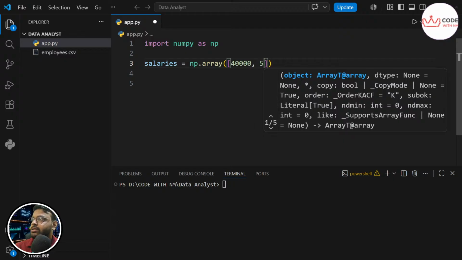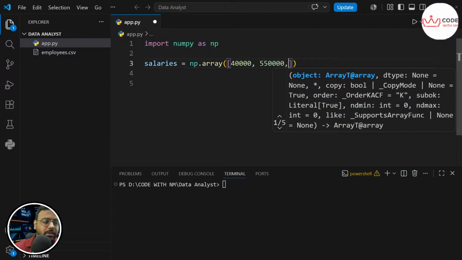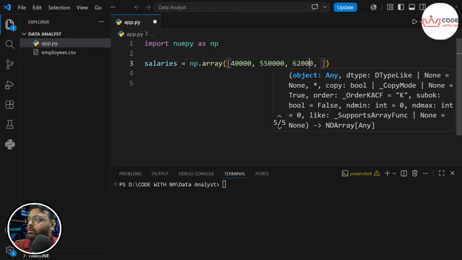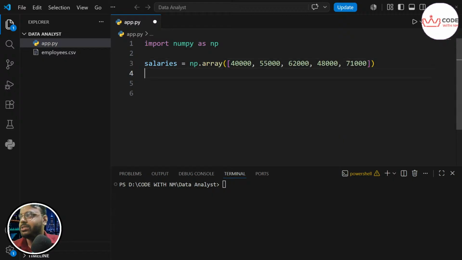Someone's salary is 55,000. Someone's salary is 62,000. Sorry, extra zero. Okay, here also one extra zero. Someone's salary is 48,000, a random number. I'm just taking random numbers. Someone's salary is 71,000. Okay, let's deal with only 5 items inside it.